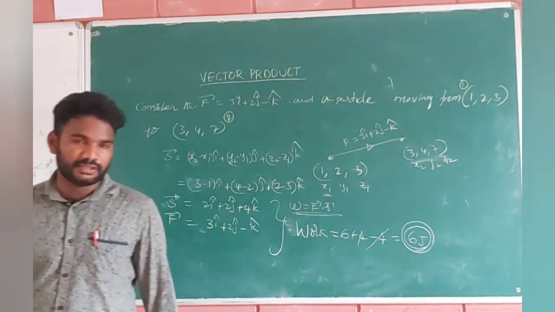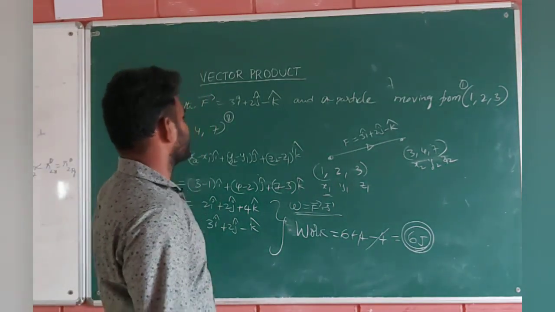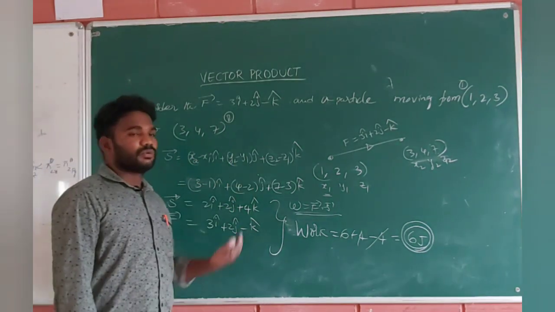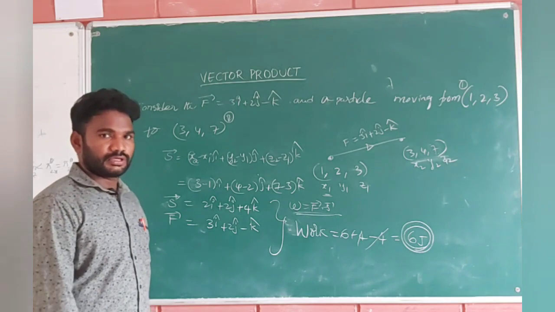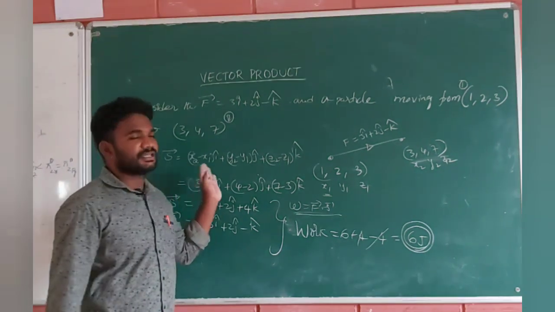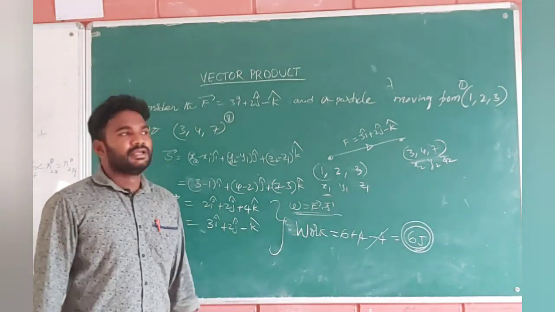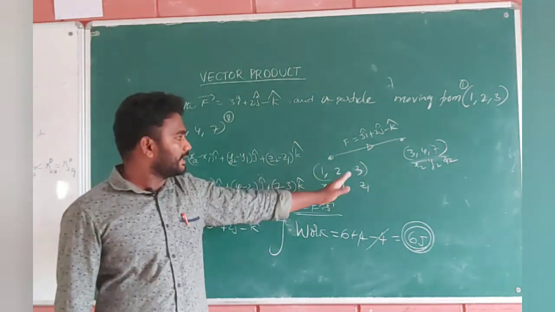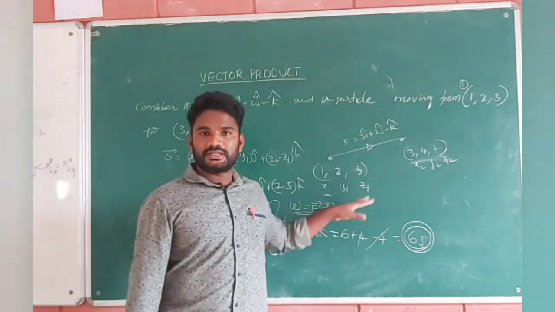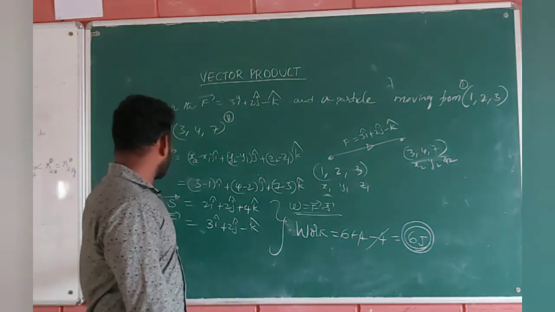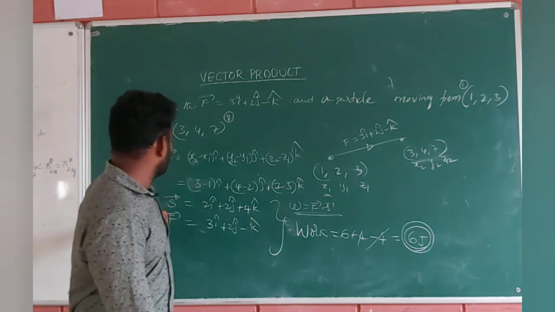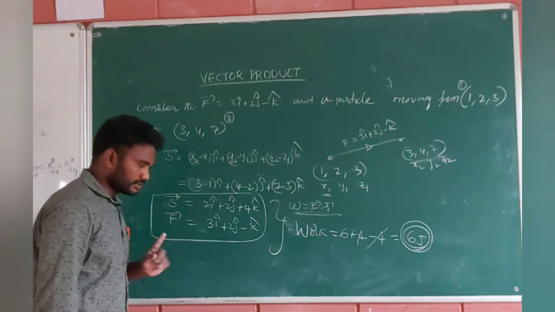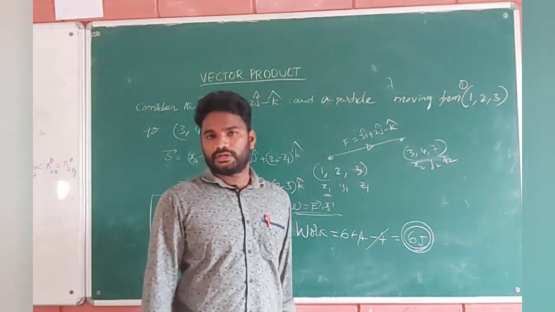This is how we have to find the answer for this kind of question, guys. I hope you are well clear about the dot product, and what kind of problems they will give. When they give force and displacement directly, you can use the direct method. If they give the initial point and final position, they may give position vectors also. In that case, final position vector minus initial position vector gives the displacement vector like this. Once you take the dot product of this displacement and force, you will get the work done.